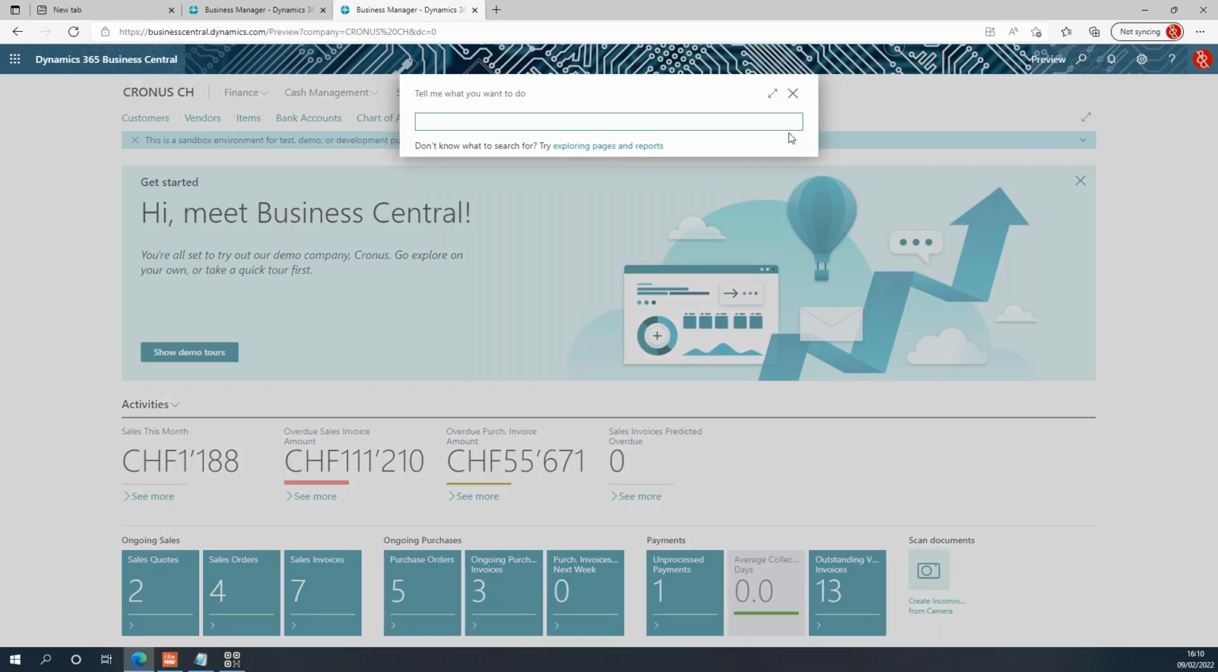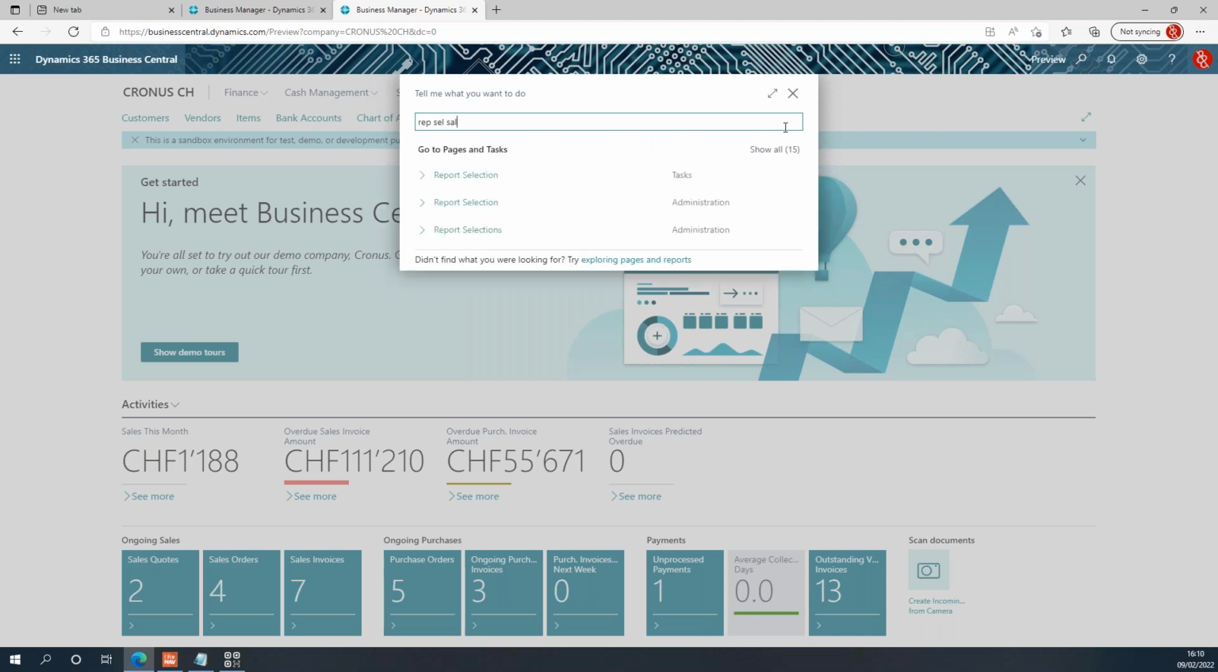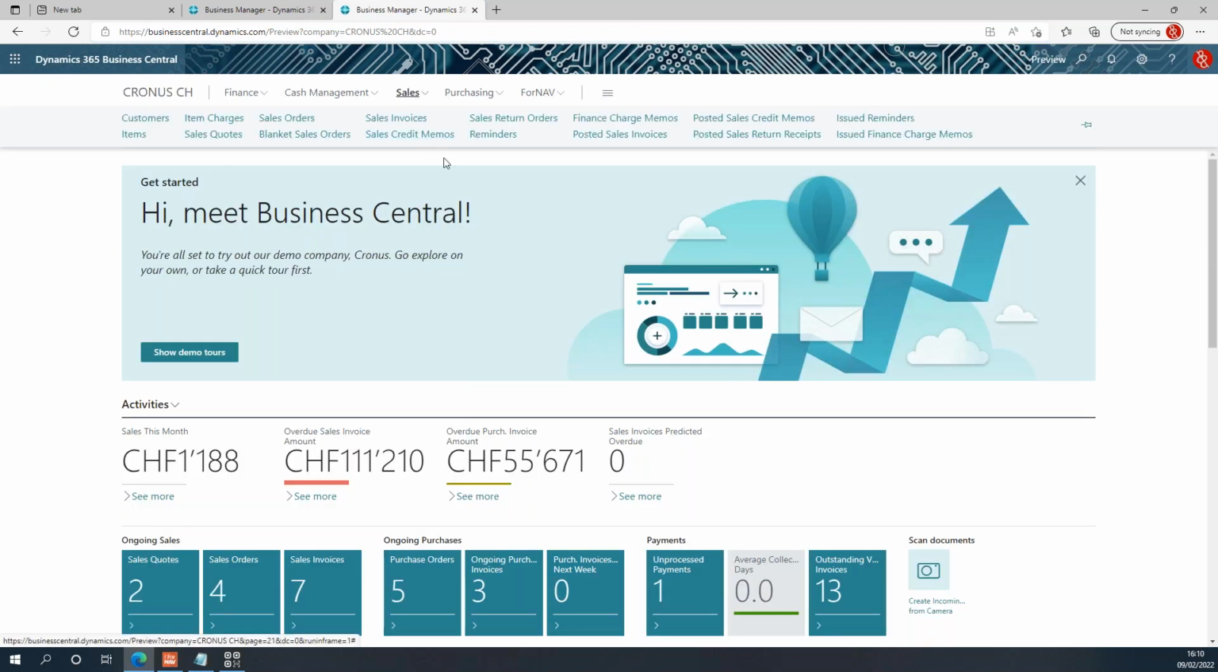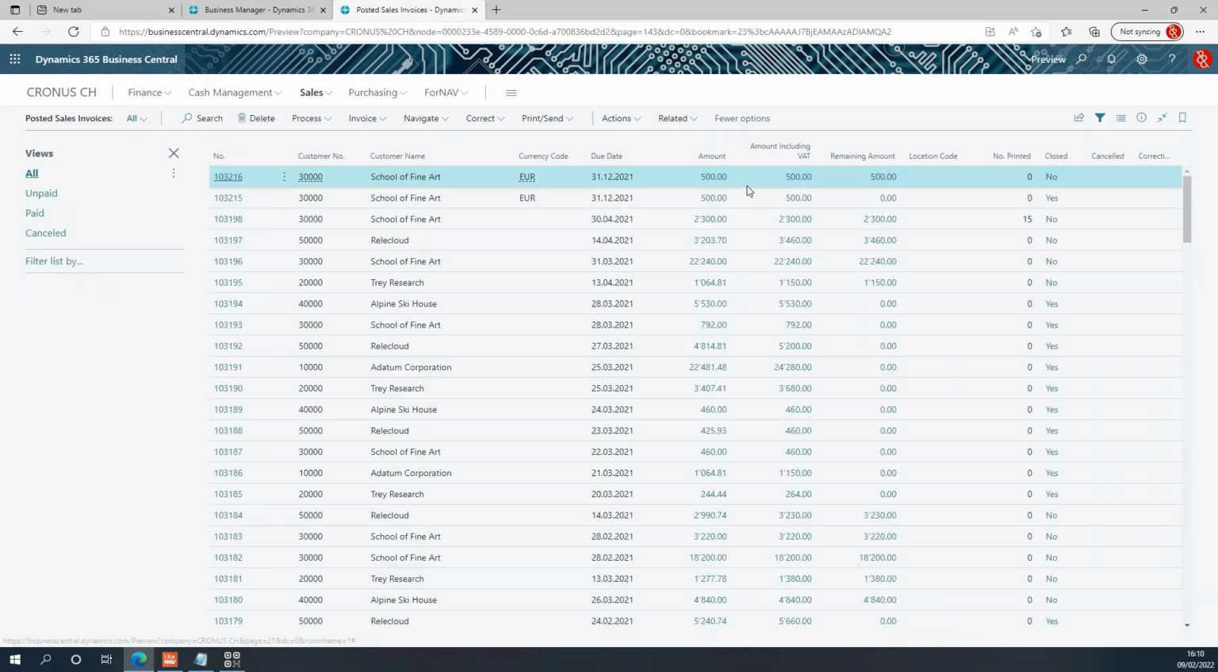Now, like I said, the QR bill comes in two flavors. If I go open my report selection sales, let's move over to the invoice, you will notice that I have a Swiss QR invoice and a Swiss QR bill. I've enabled them both for this particular sandbox so I can show you the difference. And that means that when I print just a random posted sales invoice,